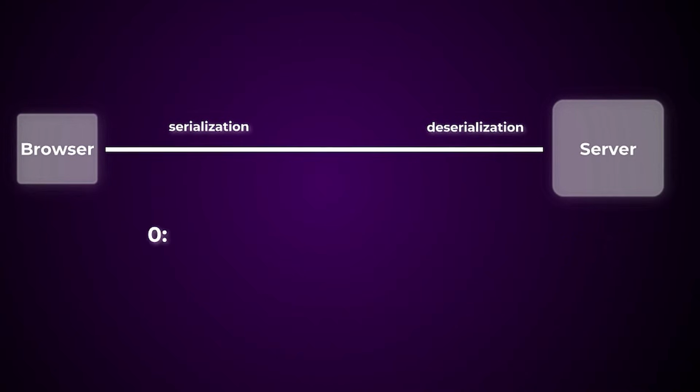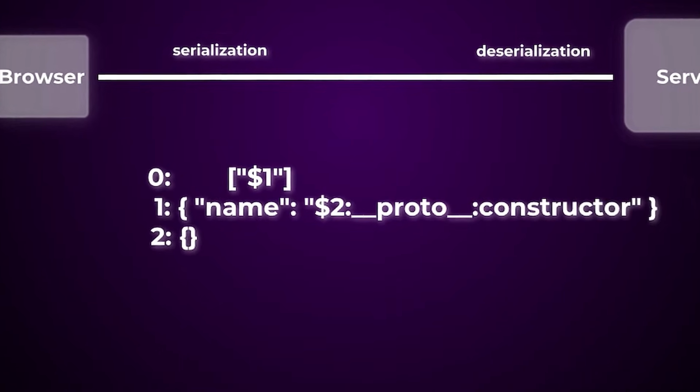Here's where things go wrong. This endpoint doesn't require authentication, and during deserialization, React doesn't strictly control what those references inside the data can point to. That means an attacker can craft their own request and include